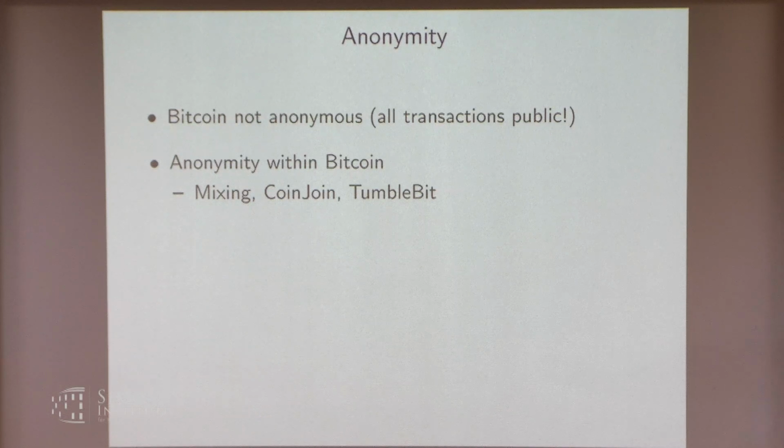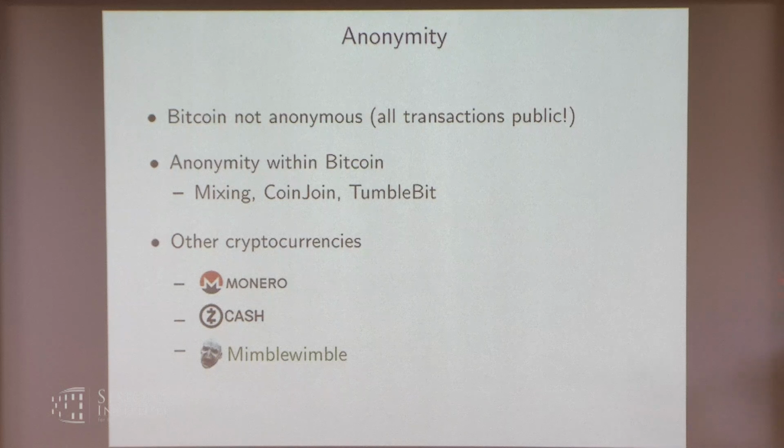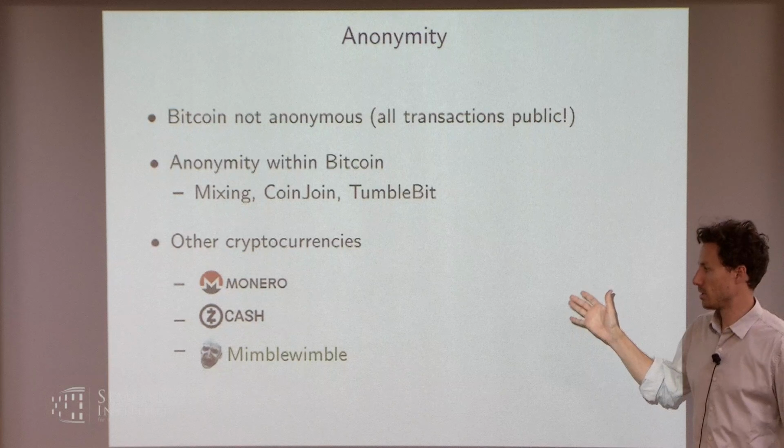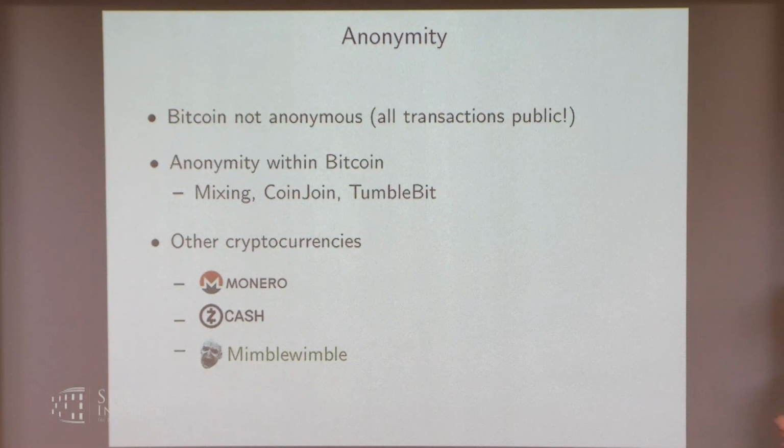So the first thing that was proposed is that if you want to have coins that are not associated to you, why don't you send them to some centralized so-called mixing service, and then they mix the coins and give you back another random coin. Often they don't give you back any coins. So that was not a good idea. There are better ways to do this, and one of them is called CoinJoin. I'll show you quickly, and then I'll talk about approaches done by other cryptocurrencies. In particular, I think Monero and Zcash are the main anonymous cryptocurrencies today.